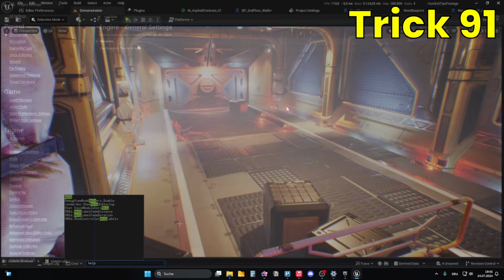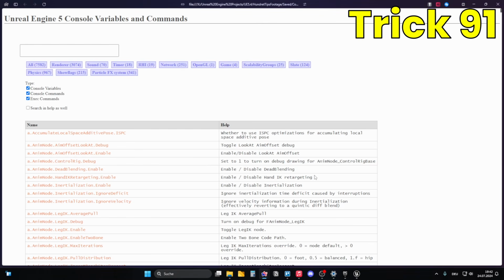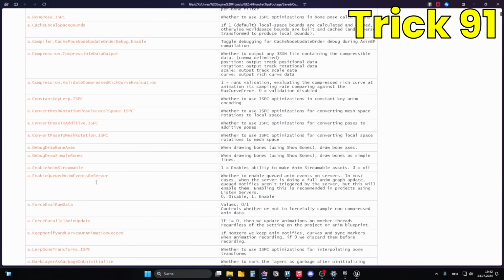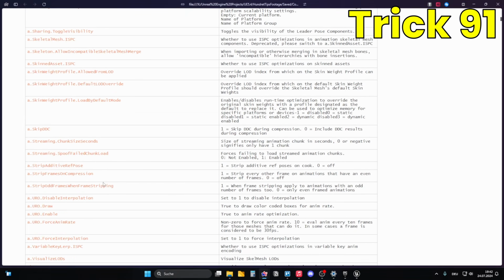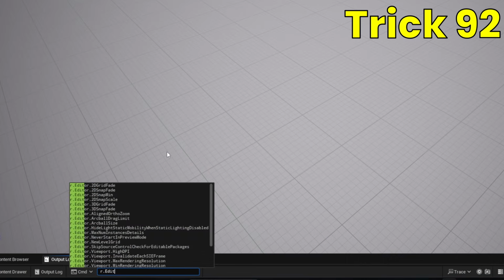If you type help into your console, it actually generates a small website containing every available console command, complete with explanations. You can disable the world grid by executing the